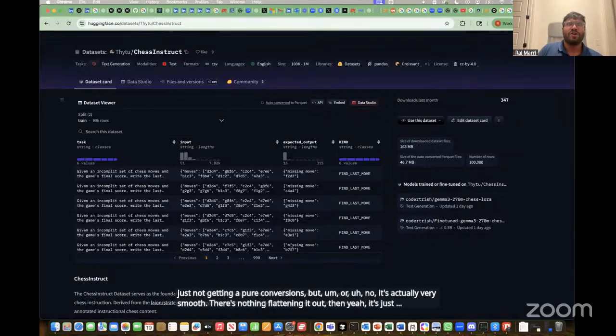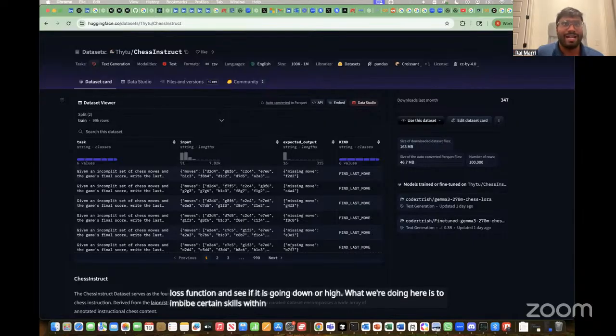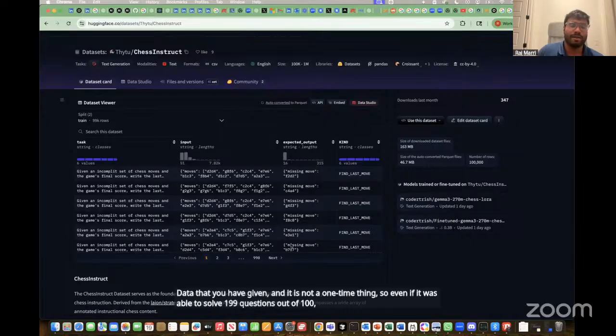But we are not training SLMs from scratch, so we don't even need to go down that route, right? We're not training an SLM or an LLM here to see the loss function and see if it is going down or up. What we're doing here is imbibing certain skills within these models, so that would, at the end of the day, depend on how much data you have given, and it is not a one-time thing. So even if it was able to solve 99 questions out of 100, maybe the next iteration it might only solve like 5 questions. So at the end of the day, you again need to